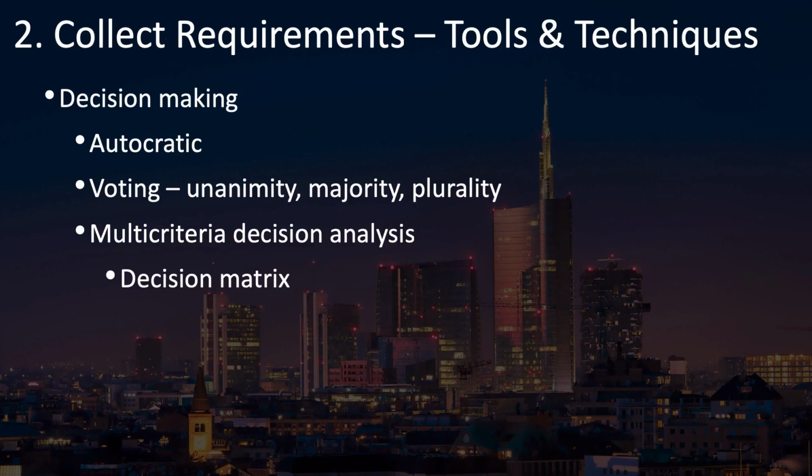Another category of tools and techniques is decision making. Your stakeholders aren't all going to agree. When they don't agree, how do you decide which requirements to include and what the details should be of those requirements? It could be simply up to the project sponsor to make that decision, which would be an autocratic type of decision making. Or you may have a decision making board or committee that makes these decisions. If that's the case, then you need to come up with some voting rules for how this committee or board is going to vote and decide on